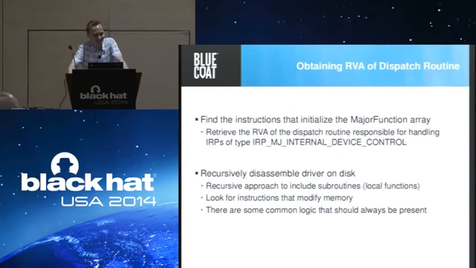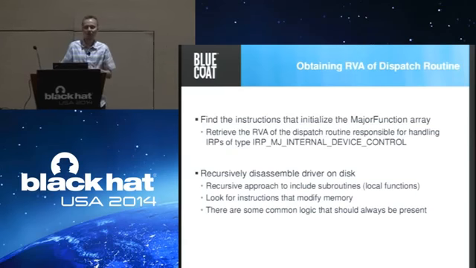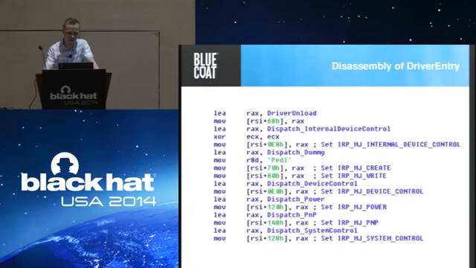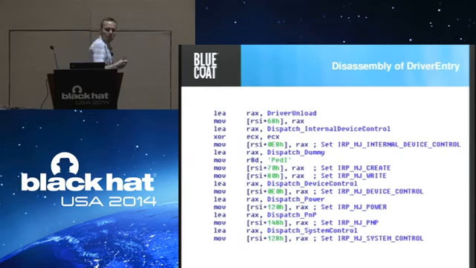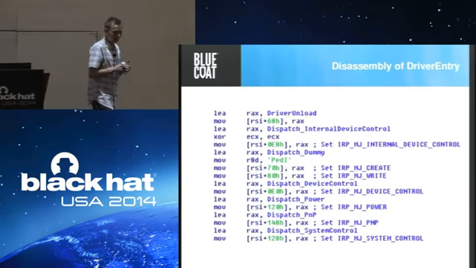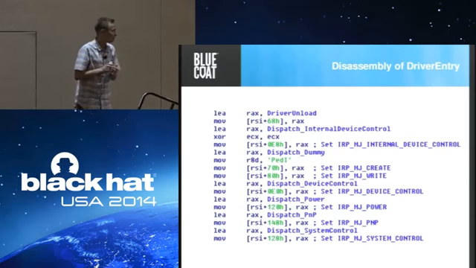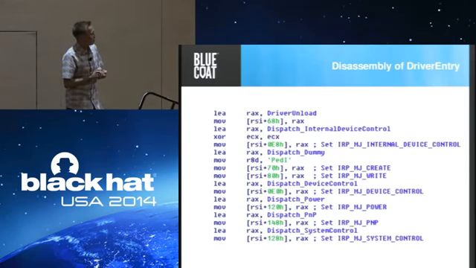Luckily, there is some common logic among the various miniport drivers out there, so we can use that in order to find it. This is a disassembly of an actual miniport driver, 64-bit. You can see that the logic is pretty much similar to what I showed you in the simplified example in C, right? It will basically set up the various dispatch routines. So you see,